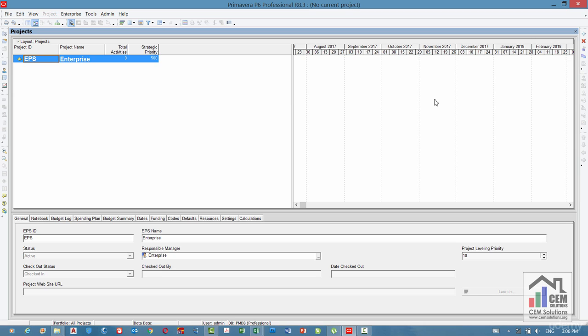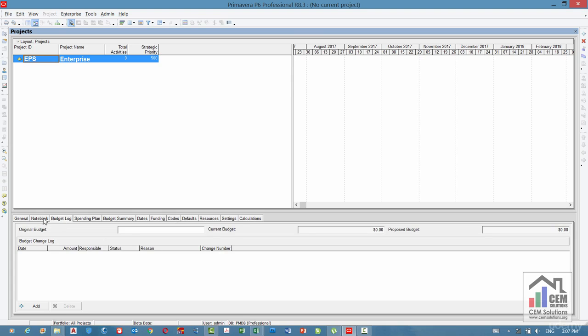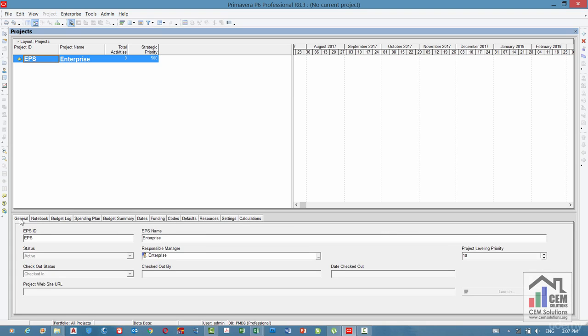Currently, there are no bars as we have not created any project. The bottom layout contains different tabs which are different for different types of windows. These tabs contain different types of information, preferences, and settings which you will need throughout planning, monitoring, and control of a project. We'll discuss these tabs later.